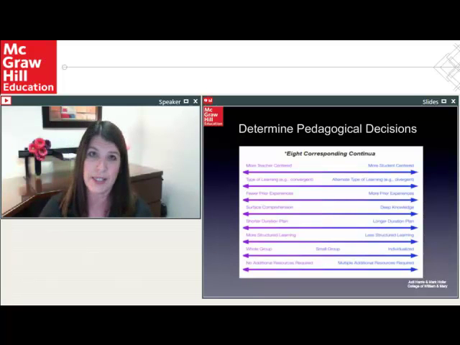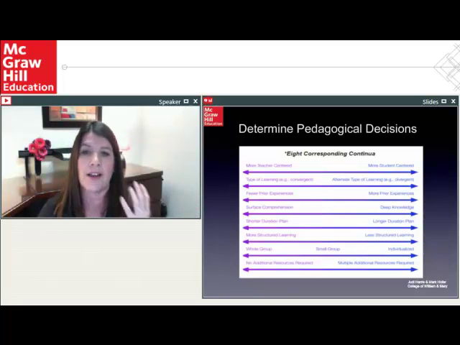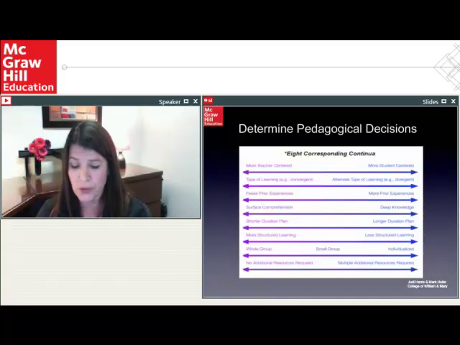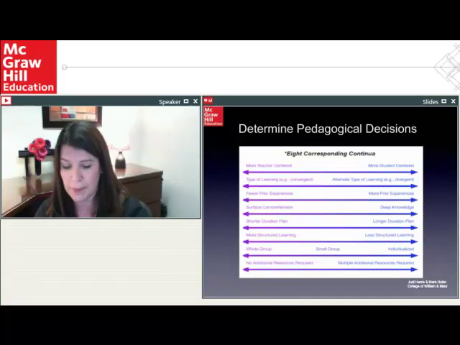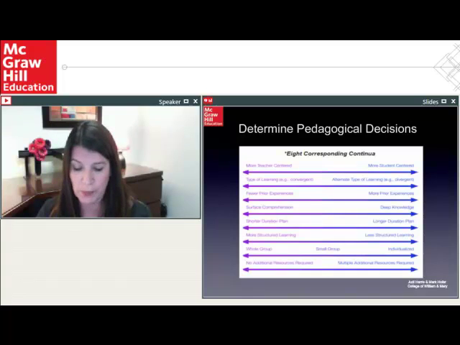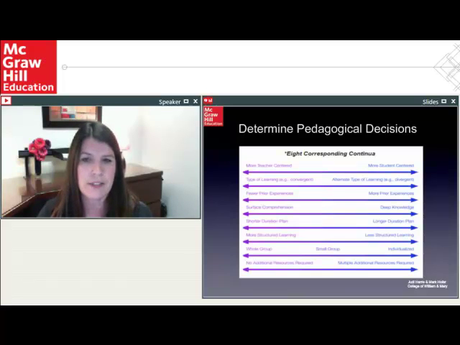Do they have to understand it, meaning convergent, or do they actually have to be able to design or develop something or draw a conclusion? That's more divergent. There are 8 different pedagogical ways that you chart your thinking before you decide exactly what activity you're going to do, because you need to think through all these pedagogical decisions.